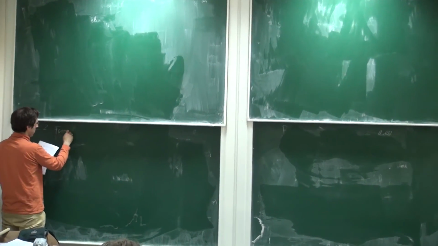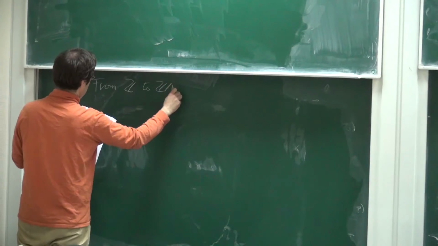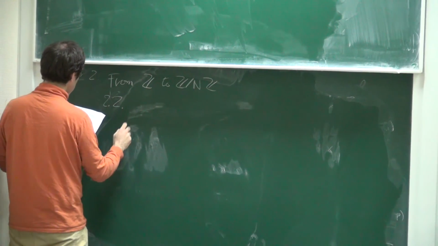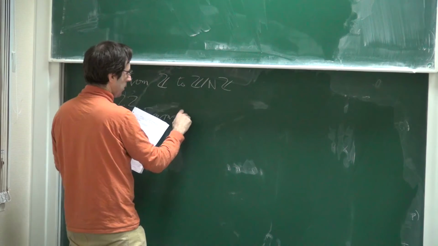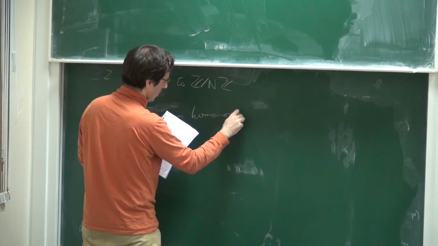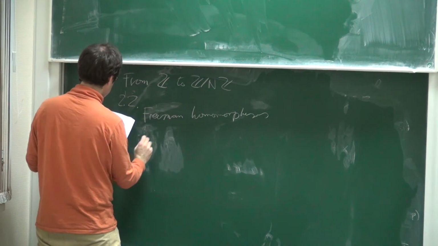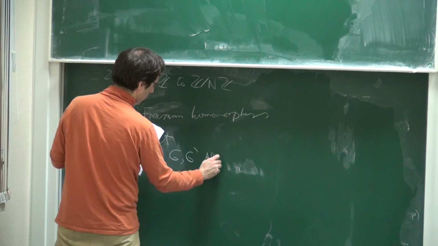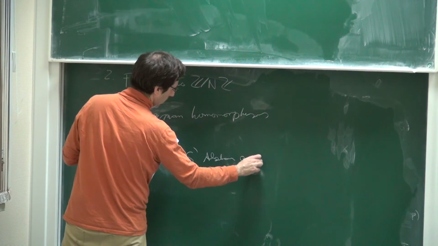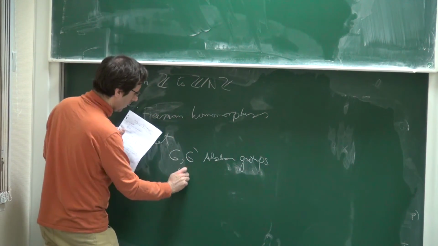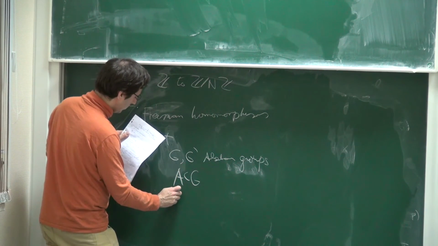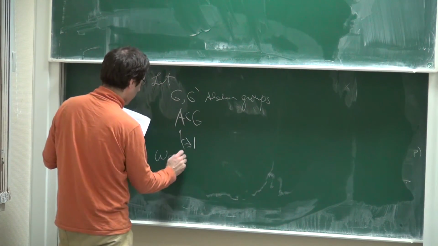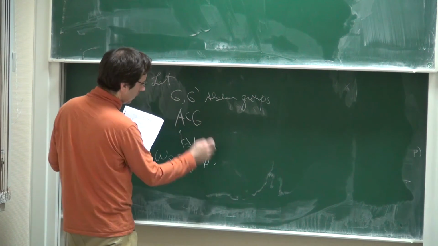So from Z to Z mod N. Section 2.2, Freiman homomorphisms. So, definition. Let G and G prime be abelian groups. For us, they will be abelian. In principle, one should be able to define something similar in general. A is a subset of G, and K is at least 1. So we say that a map phi, not on all of G, but just on A,